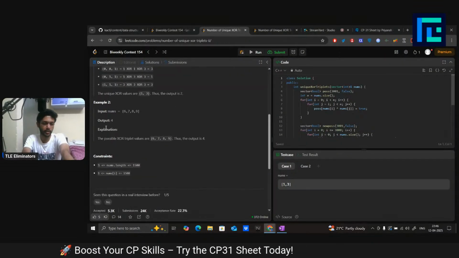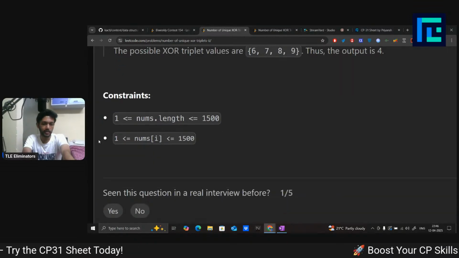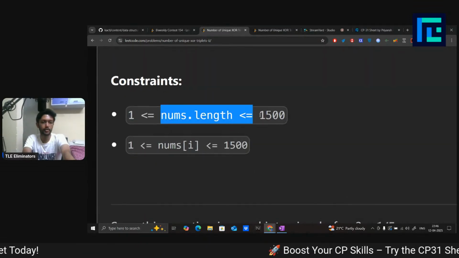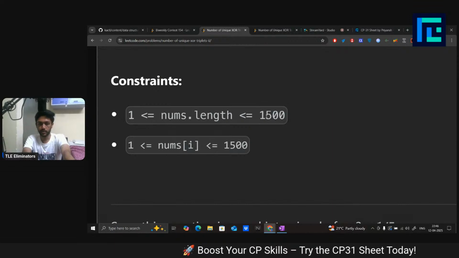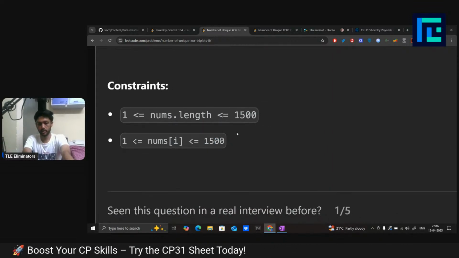so just first look at the constraints of this problem. They are pretty small. The constraints are that the number of numbers is up to 1500, and also the numbers themselves are up to 1500 only. Okay,